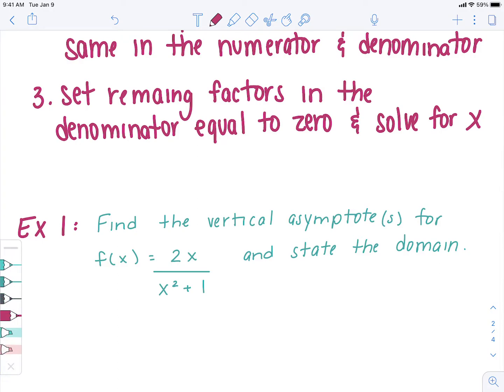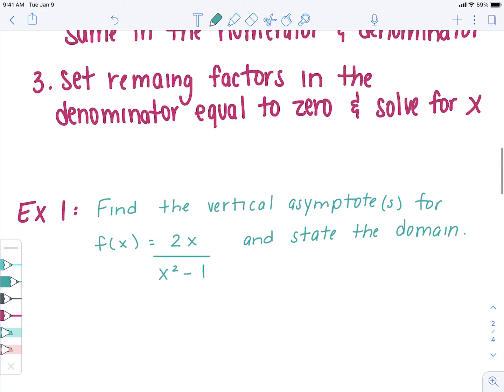Let's actually, before you write this down, change this to an x squared minus 1. Do you remember how to factor x squared minus 1? No. That's the difference of perfect squares. Does that sound familiar? Yes. So difference of perfect squares says difference means subtracting, and I'm subtracting two perfect squares. X squared is a perfect square, 1 is a perfect square. If I was going to factor this,